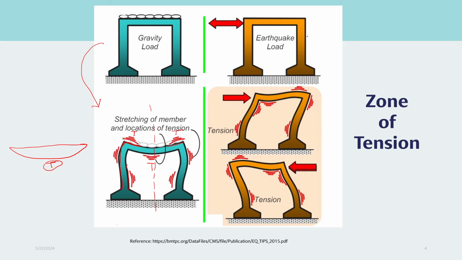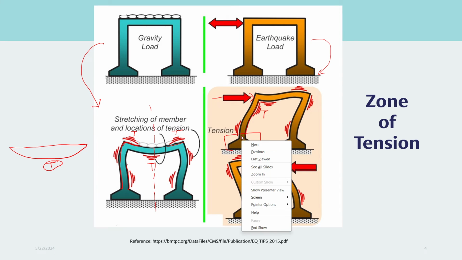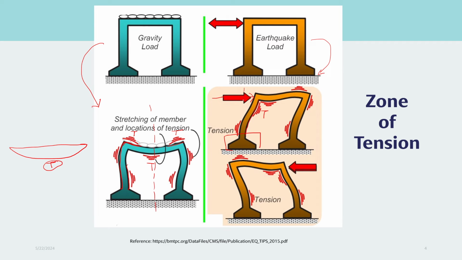Now what horizontal, lateral or earthquake load does, you can see here. For that you just need to imagine that you are applying the load at this face. So what will happen? Because of application of the load, this portion will get in tension. As this part is fixed, it will not go with the flow. That's why here you can see this portion getting in tension. As you are applying the load here, this portion is getting in tension. So this is somewhat like this.